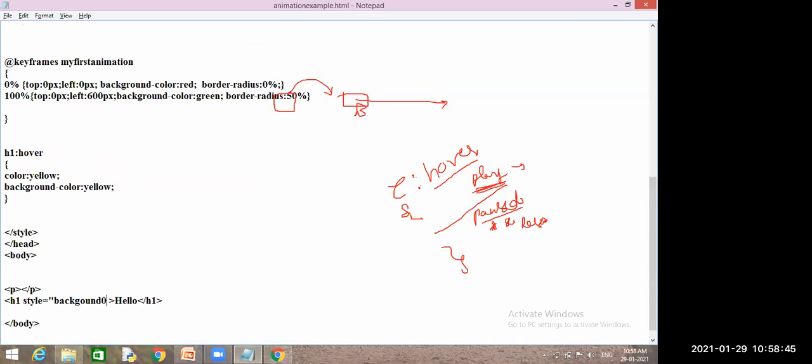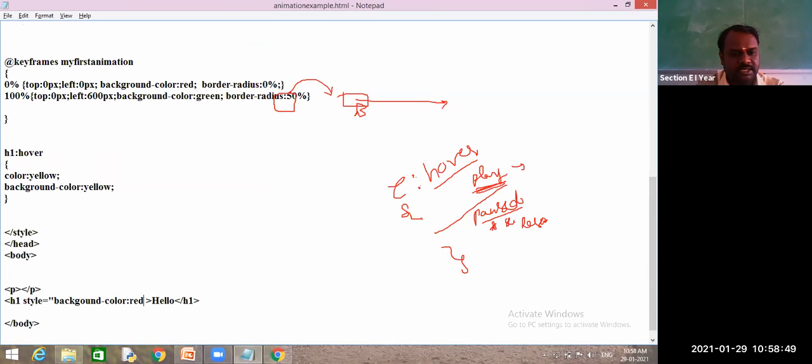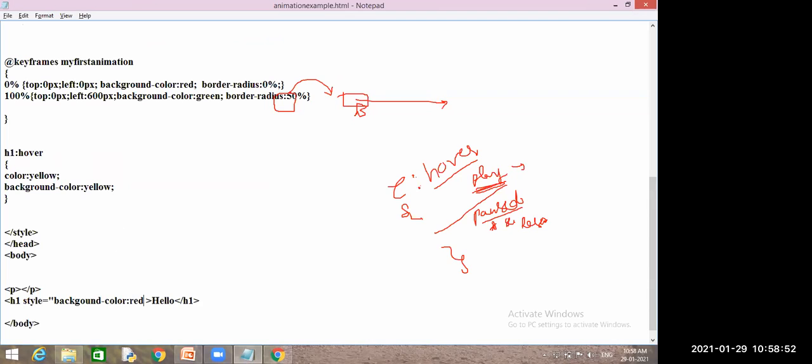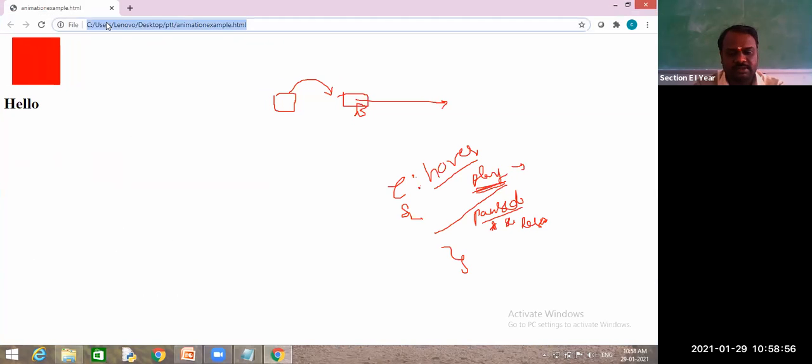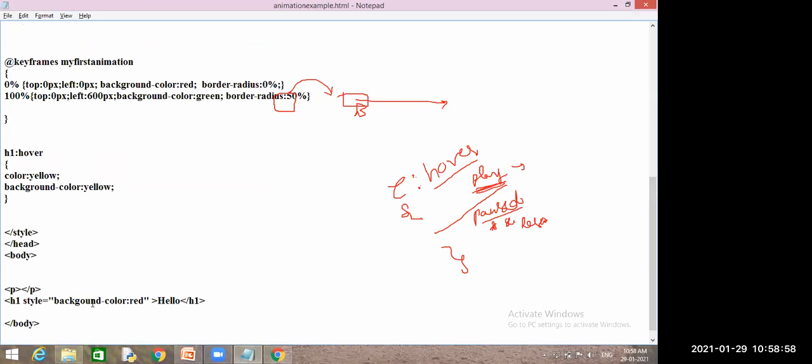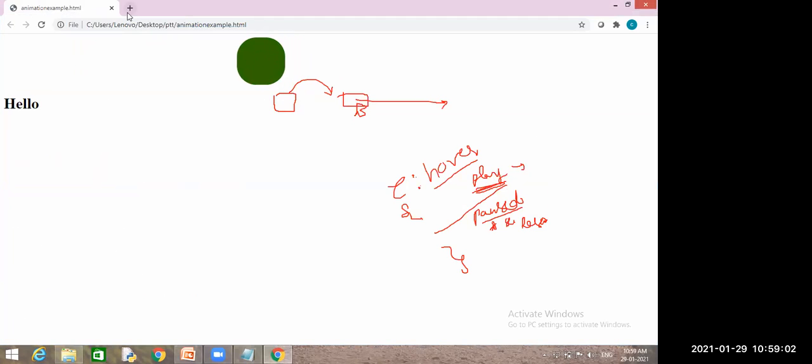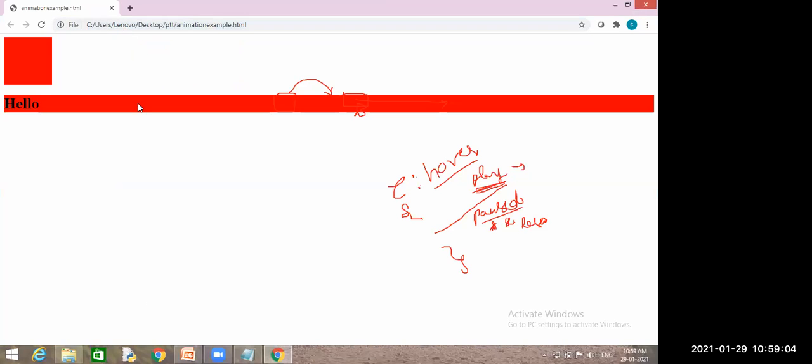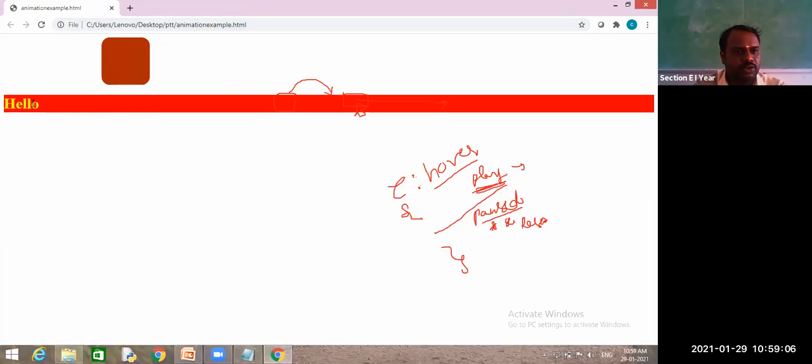Yes, sir. If the default color is some other color, then you are unable to see its modification. If it has a default, see, yellow color is changing, its background is also changing.